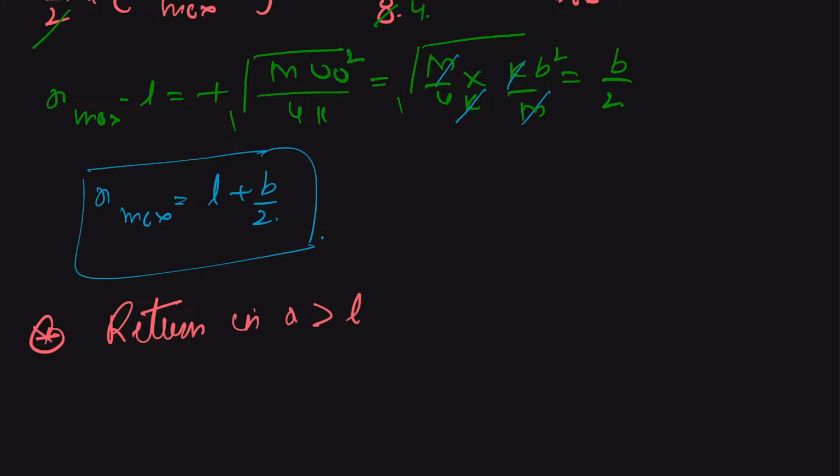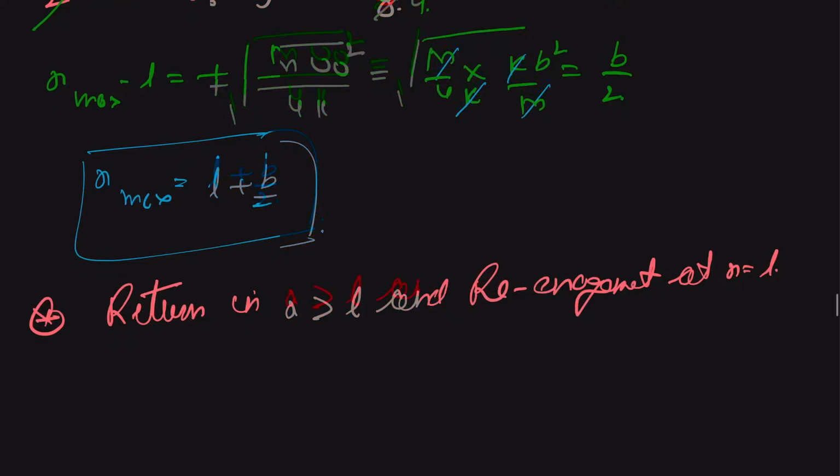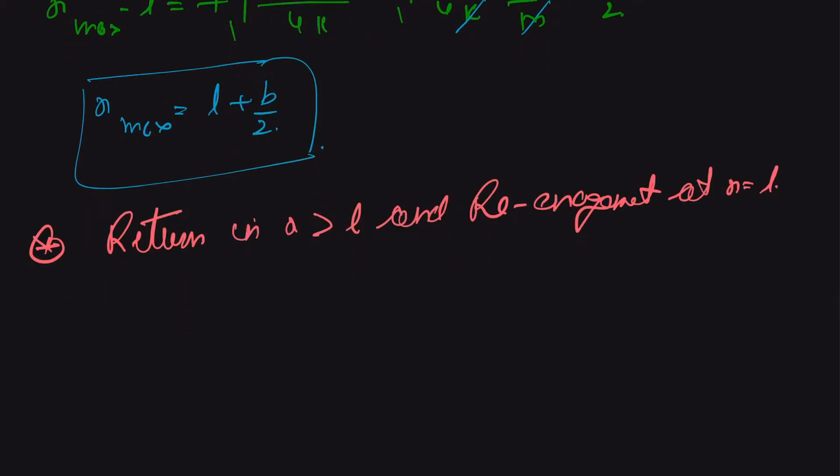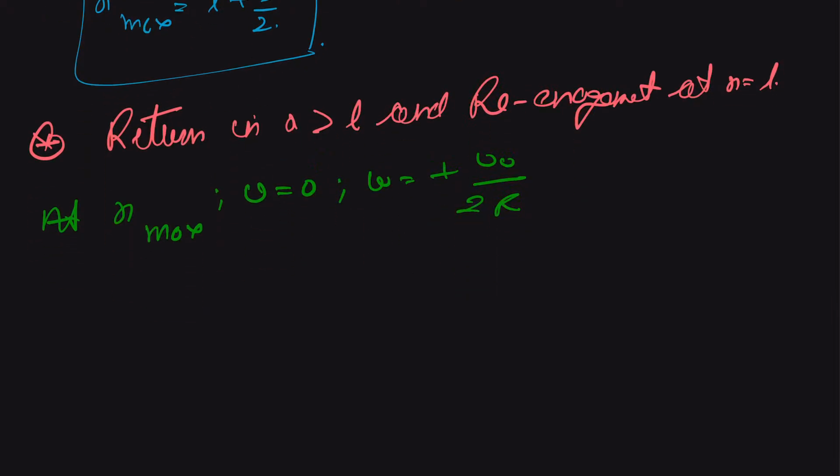x greater than L and re-engagement at x is equal to L. And we already know that at x maximum our v was equal to 0 and omega was equal to our plus v naught upon 2r, and it is moving once again at x is equal to L minus, just before reaching x is equal to L. Therefore you can say at x is equal to L minus